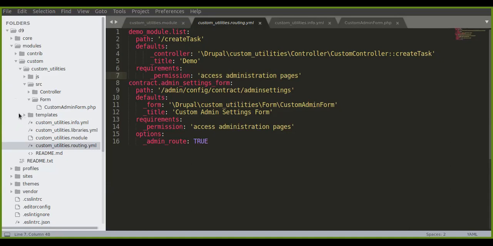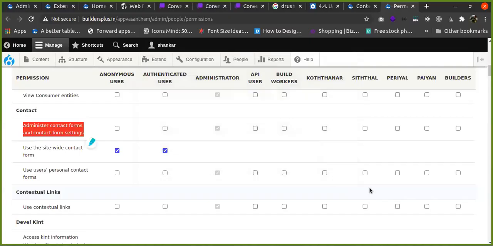This is one of my Drupal instances where I have configured my custom modules. This is another Drupal instance I have created and posted live. There I have created a custom module with this permission.